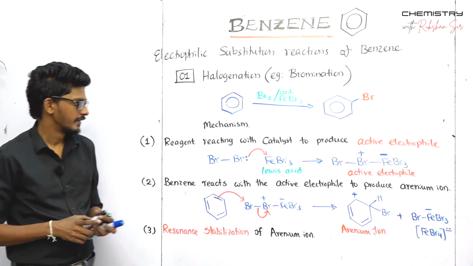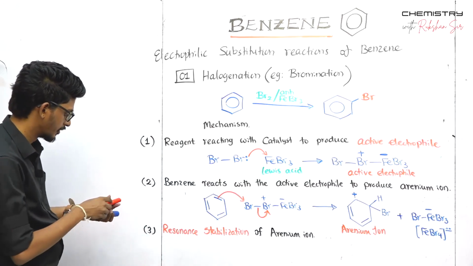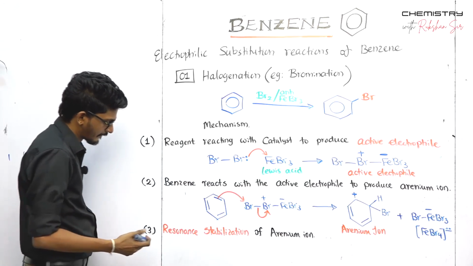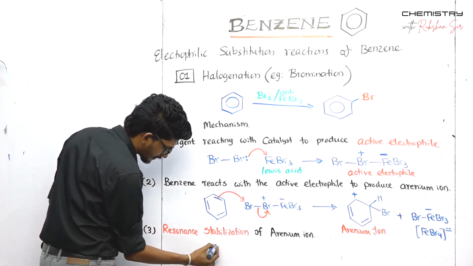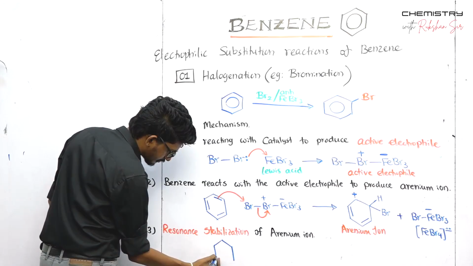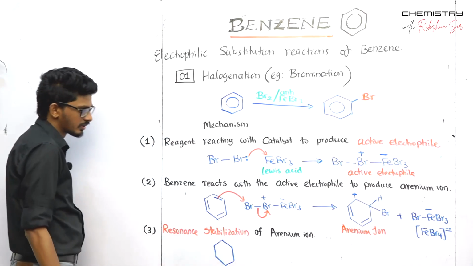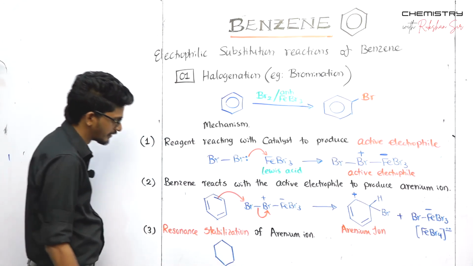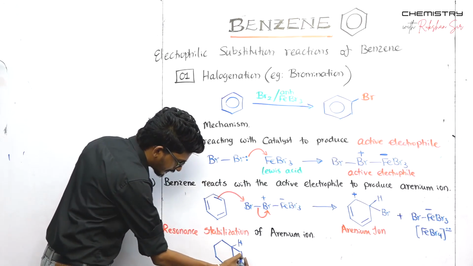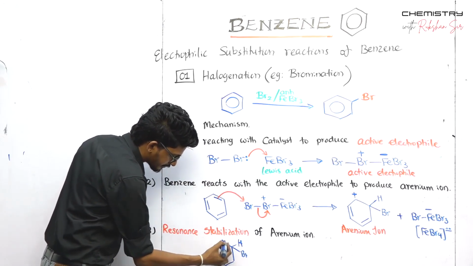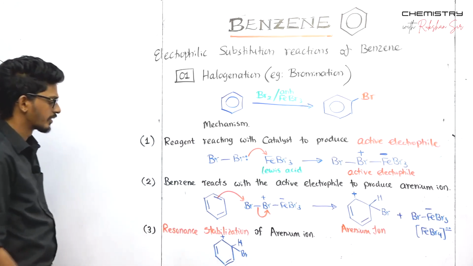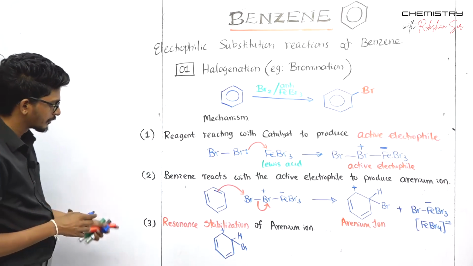Okay, let's do it. So the arenium ion will be stabilized by resonance. It's like this now. You had a hydrogen here, Br here, positive charge here. To neutralize the positive charge,